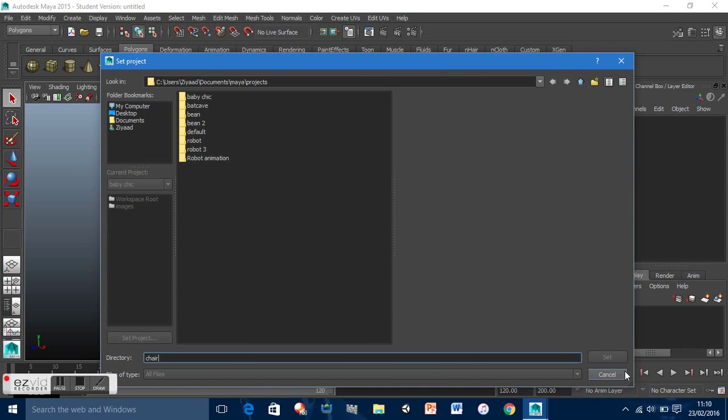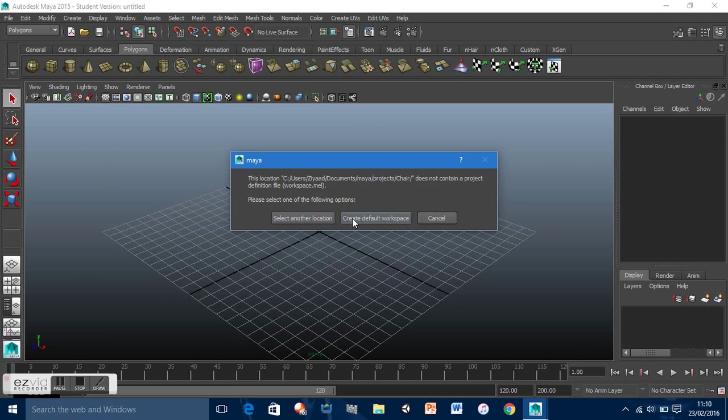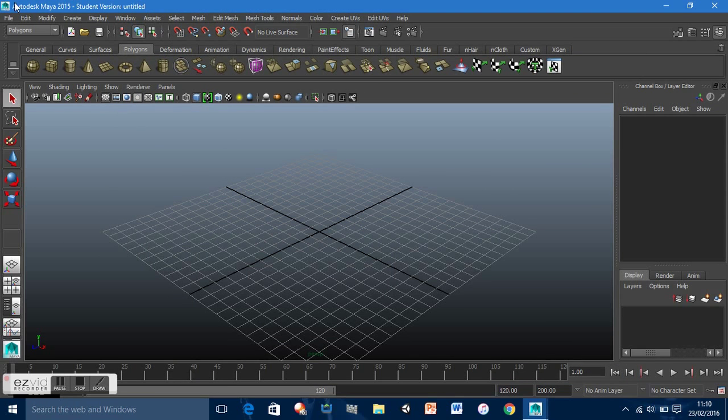I think we'll have to create a folder first actually. Yep. So just create a folder, name this chair, and then set. Okay, so